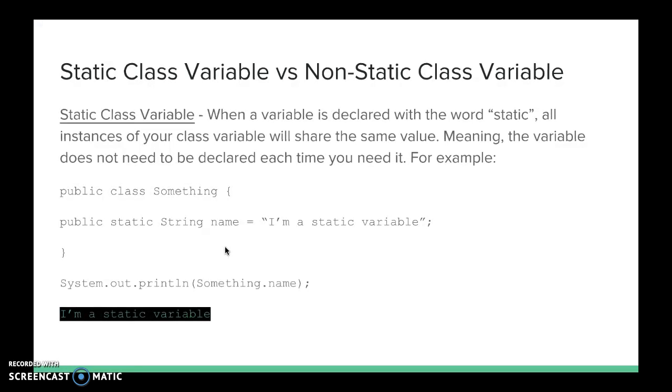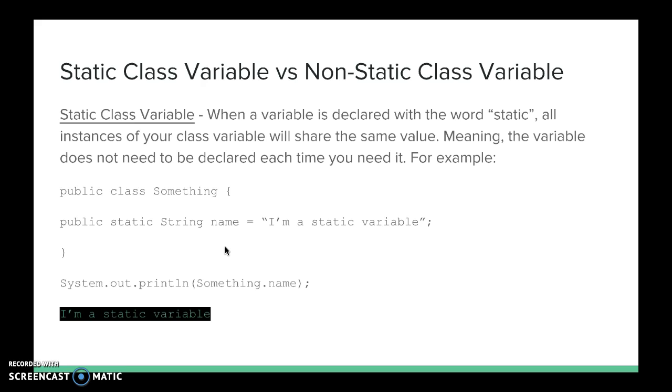To start off, let's talk about the difference between static class variables and non-static class variables. A static class variable is when a variable is declared with the word static in front of it, which results in all instances of your class sharing the same value, meaning the variable does not need to be declared each time you need it. Each time you call that variable and change it, it will be the same across all classes. So you only need to define it once and change it in one spot, and then it will replicate itself